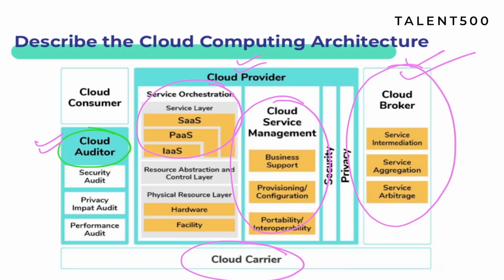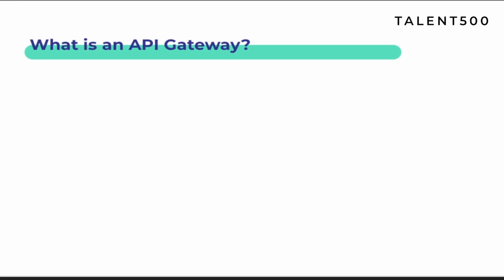Okay, now let's move to the next question. This one is, what is an API gateway? Before moving ahead, firstly, let's see what this API is. What does it stand for? It stands for application programming interface. Now, what we actually do as a part of any organization, in order to perform any operation, we expose one API outside, and that API is going to be used by various customers or various developers.